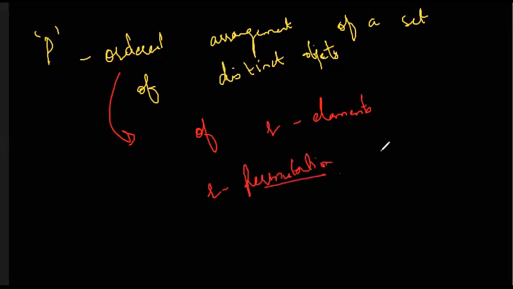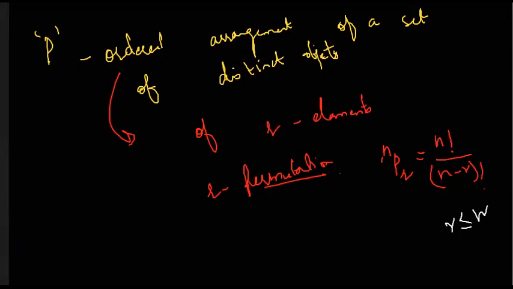And what is the formula for permutations? The formula is written as nPr. nPr denotes selecting R objects from a set of n distinct objects, and this is given by n factorial divided by (n minus R) factorial. And the condition is that R should always be less than or equal to n. This is called an R permutation.